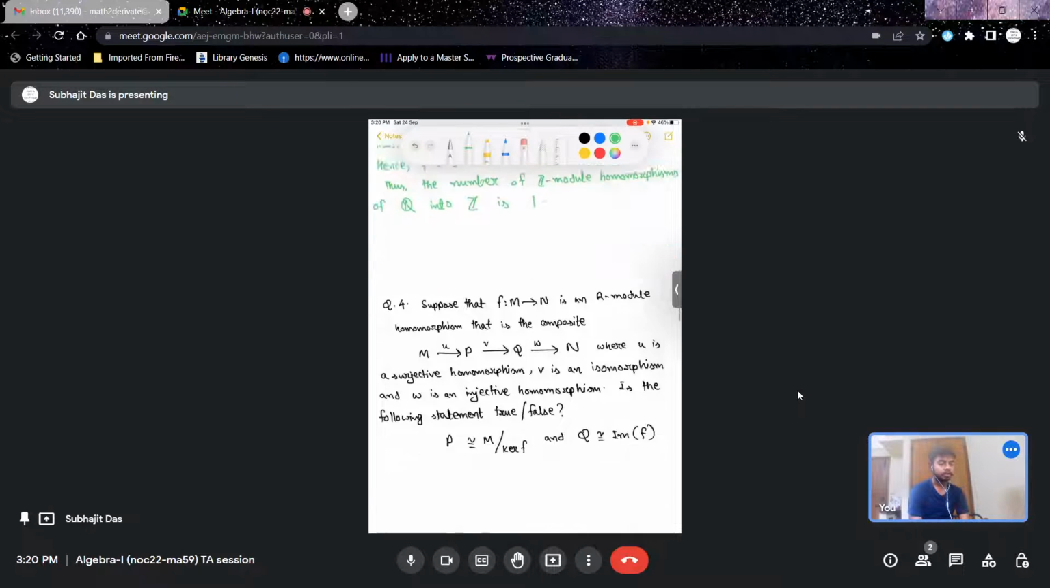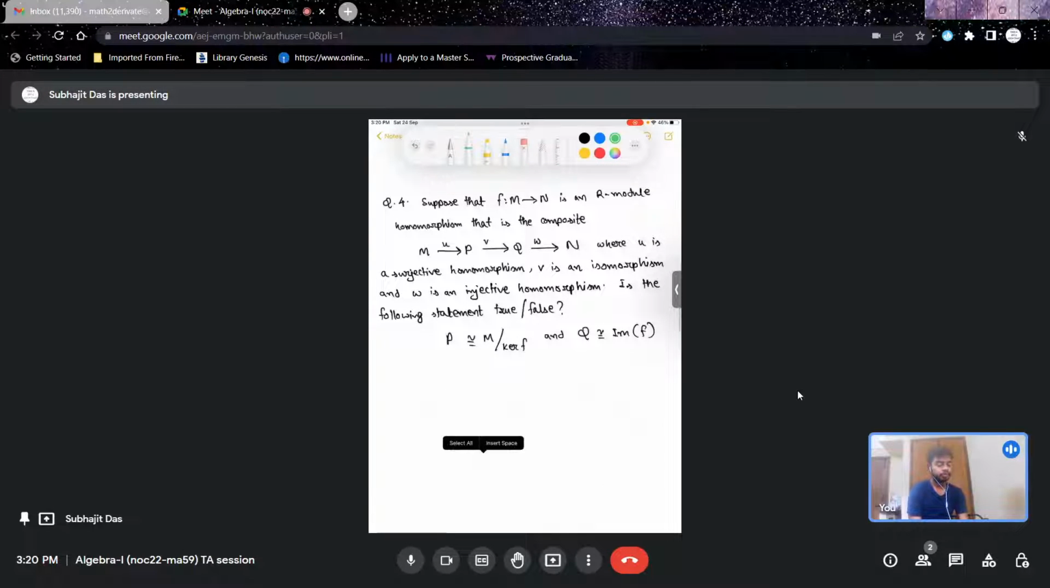Okay. So let us move on to the next problem. So let us read it out. So suppose that f mapping M into N is an R module homomorphism that can be written as this composite. So you have an arrow from M to P, which is u. You have a morphism of P into Q, which is v, and you have a morphism of Q into N, w. So the arrow f can be written as a composition of 3 arrows, which are written here, where